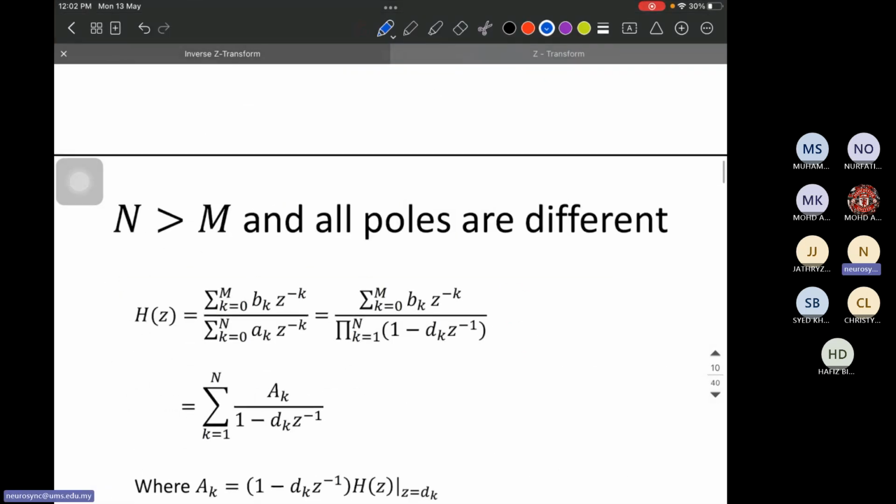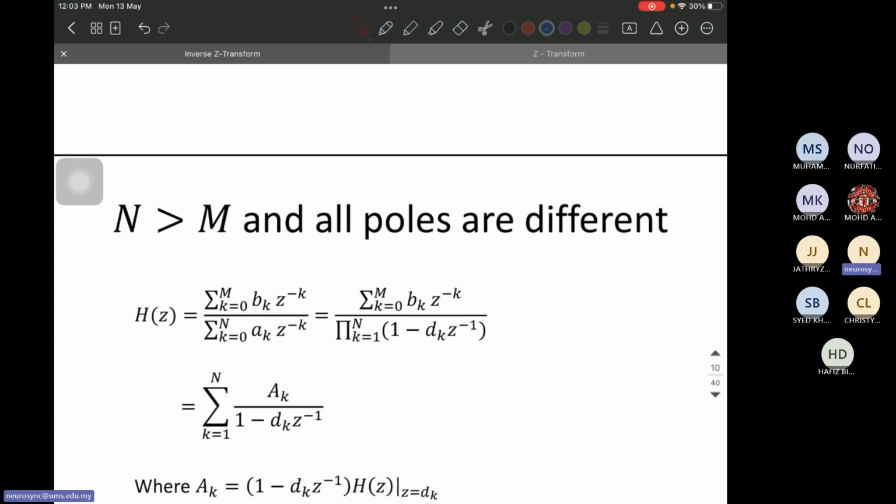Now we'll go through them one by one. So the first case is where the number of poles is greater. We know that H of z is the summation of these zeros divided by the summation of these poles, and this we can write like this in the root formation: 1 minus d k z to the power minus 1, and if we do the product of this, then this is the same as this. Here we can find the pole locations using these roots.